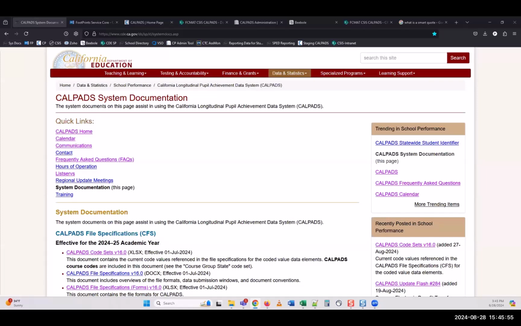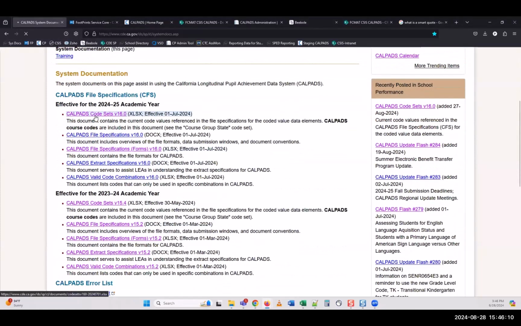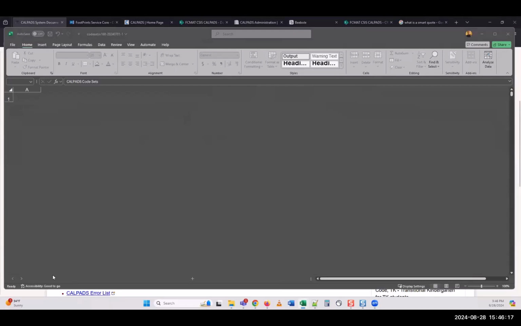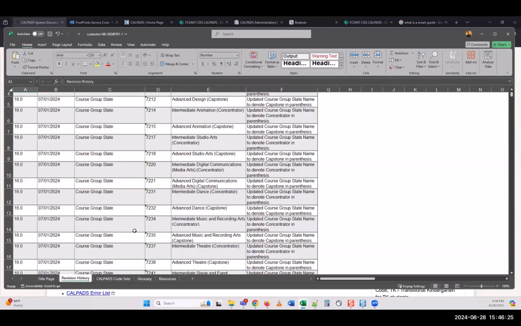Awesome. The other place you could check is, Paul, if you were to open up the 16.0, go to the revision tab. So if you didn't want to wait for that flash to come out, it's on the page you're on, the code set 16.0 Excel. And there should be a revision history tab, usually that first tab there, or second tab. So if you want to just get a sneak peek, it's there. And like Sean said, there'll be a flash pending.